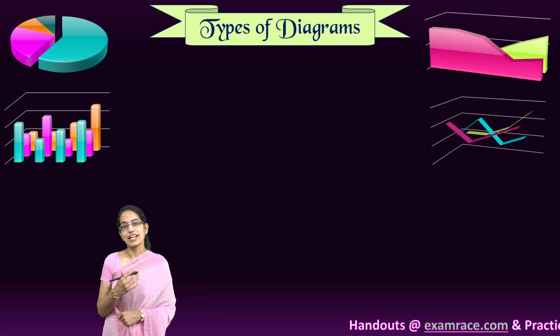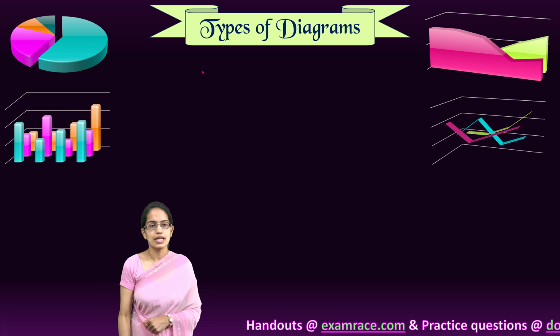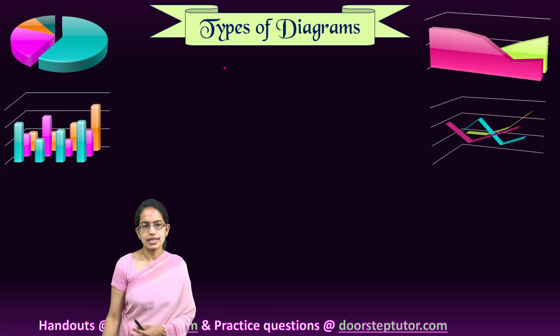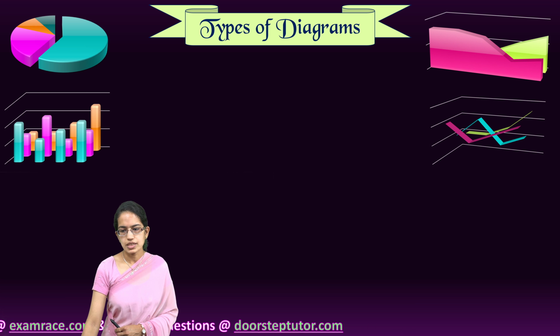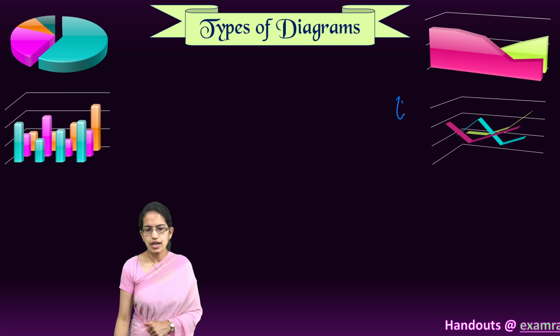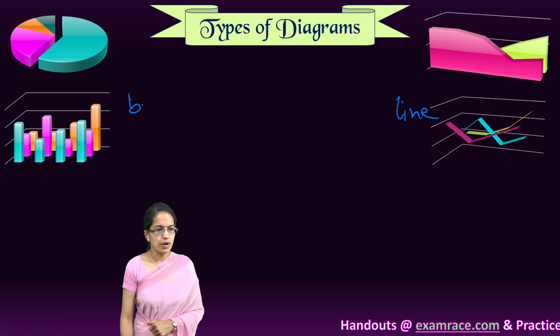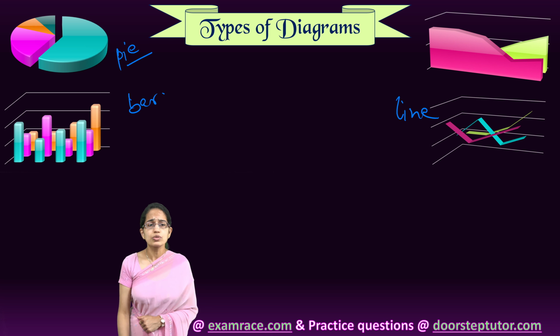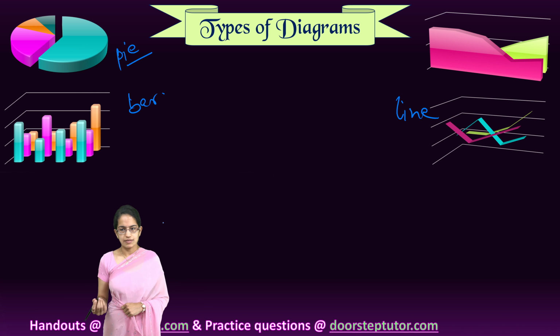When we focus on types of diagrams, there are numerous types under which we can explain the various types of diagram. The first category is the category where we explain line graph. It could be in the form of bar graph. So we have examples of line graph, bar graph, and pie diagram. Those are some of the common types of diagrams that are explained.